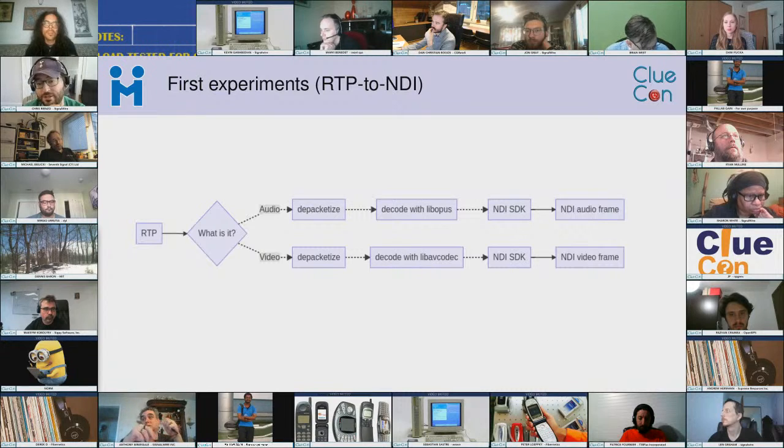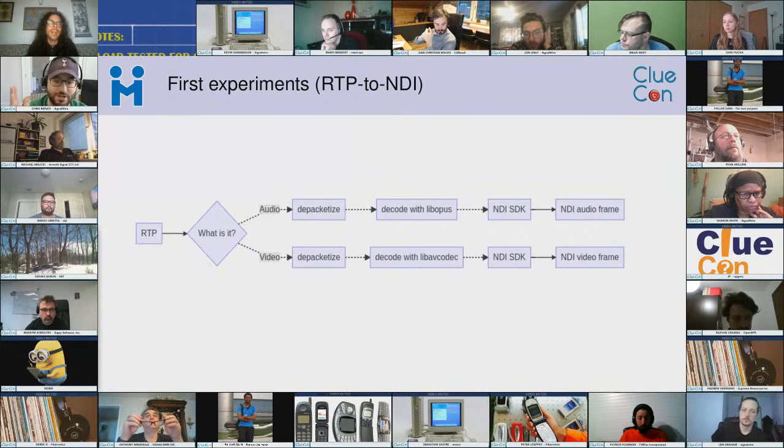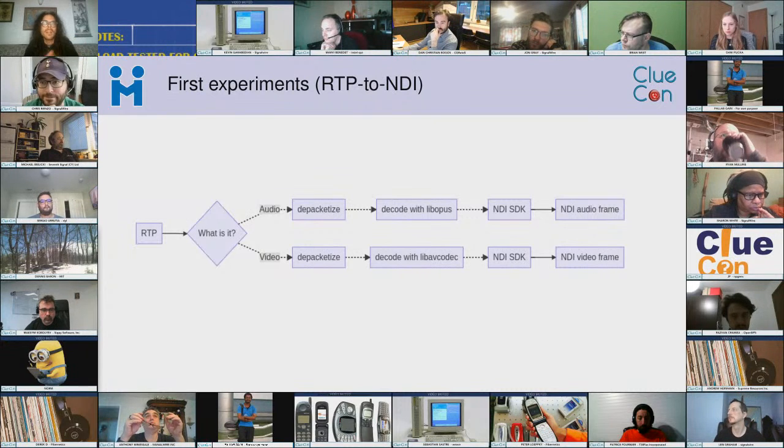And then in this case, using the NDI SDK, I basically made sure that any frame that I decoded using, for instance, libopus for audio and libavcodec using the right video codec for video, I would get a raw frame that I could translate to an NDI frame instead, and then send it via the NDI SDK as well,